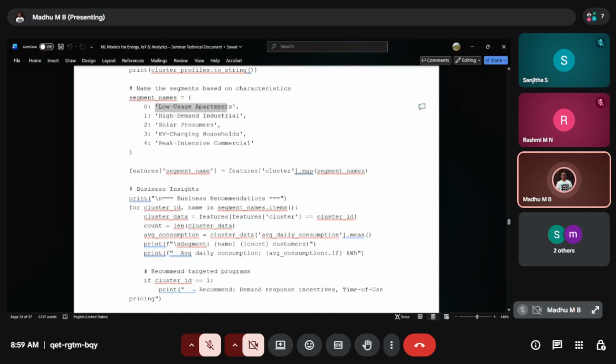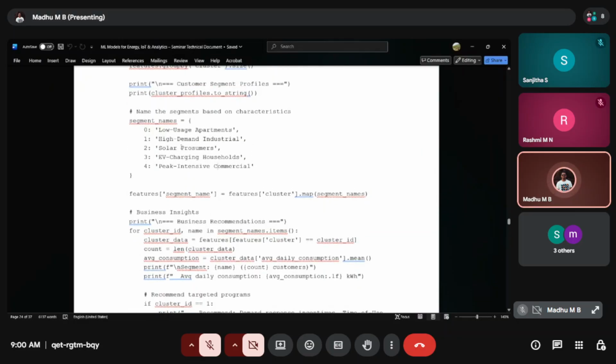So zero means low usage apartment, then high industrial usage, the solar prosumers, that is, the customer is able to pump power back to the grid, or consume from the grid, both ways, the bidirectional ways. And EV charging households, and peak intensive commercial.